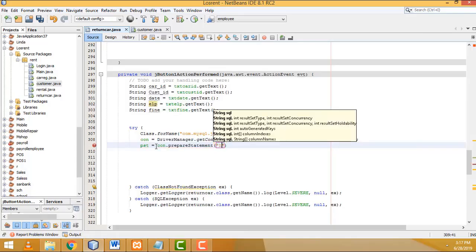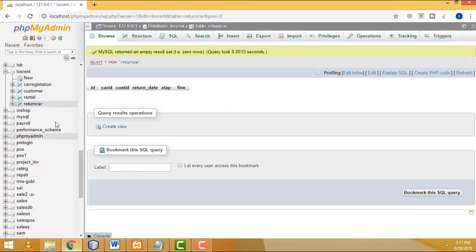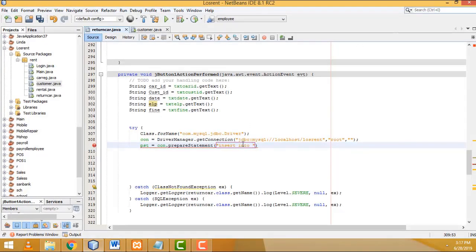Here you first have to write the insert query, insert into which table you are going to insert the record: car return. So you have to write the columns. First car ID, so you have to insert into return car. Return car is the table name. What are the column names you have to add here? First one should be car ID,